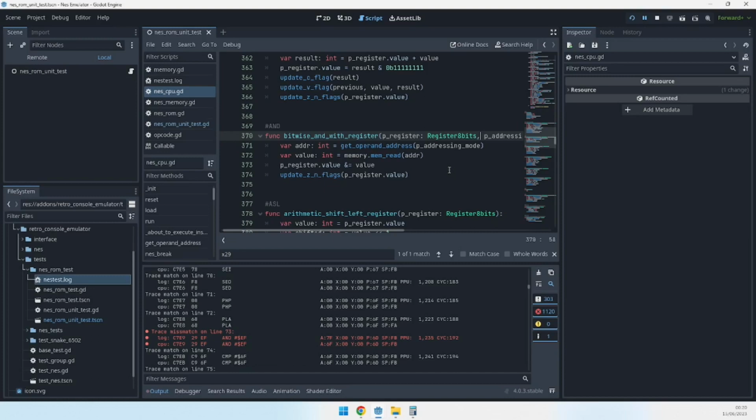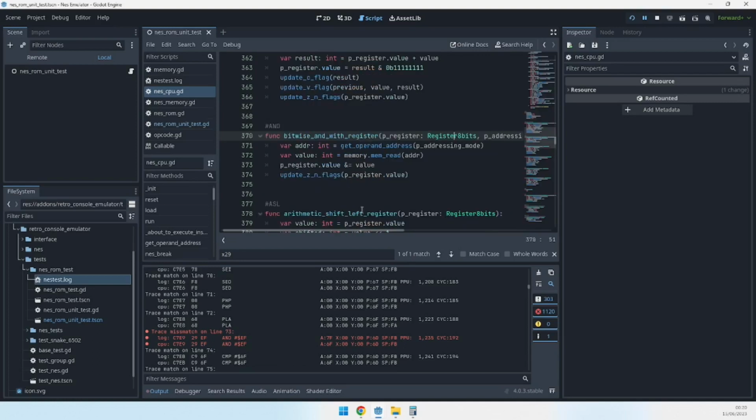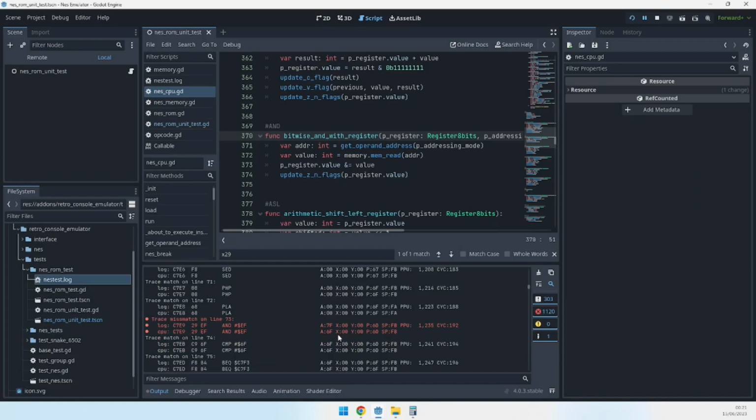Register was supposed to be zero before. And let's check it is indeed register A. So why is A being set to 6F instead of 7F? This is strange. A was meant to be 0 before. But after this